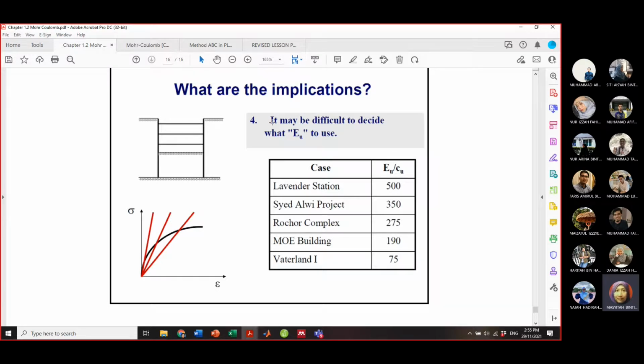Kalau kata you ada 5 cases having a different Young modulus, you see closely. This value may affect to your final deformations in terms of the effective stress ke, in terms of the plastic strain ke kan. So you boleh tengoklah dalam praxis tu. Kalau kata Young modulus is very significantly impact to your retaining wall deformations. So what are other things, parameter juga yang you kena consider? Yang tu pun you boleh ambil sebagai satu